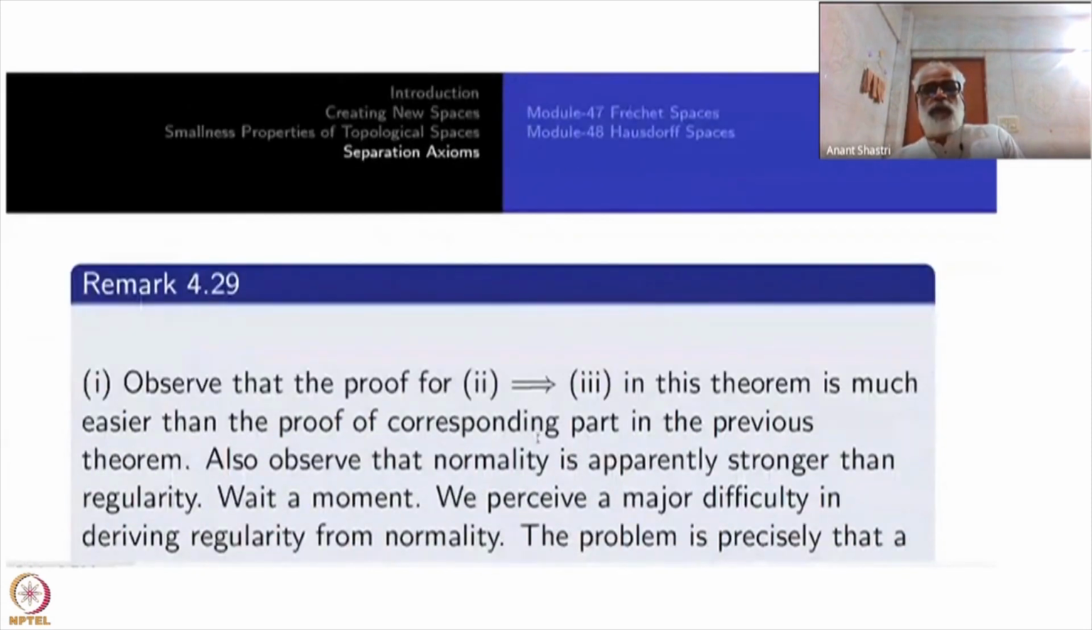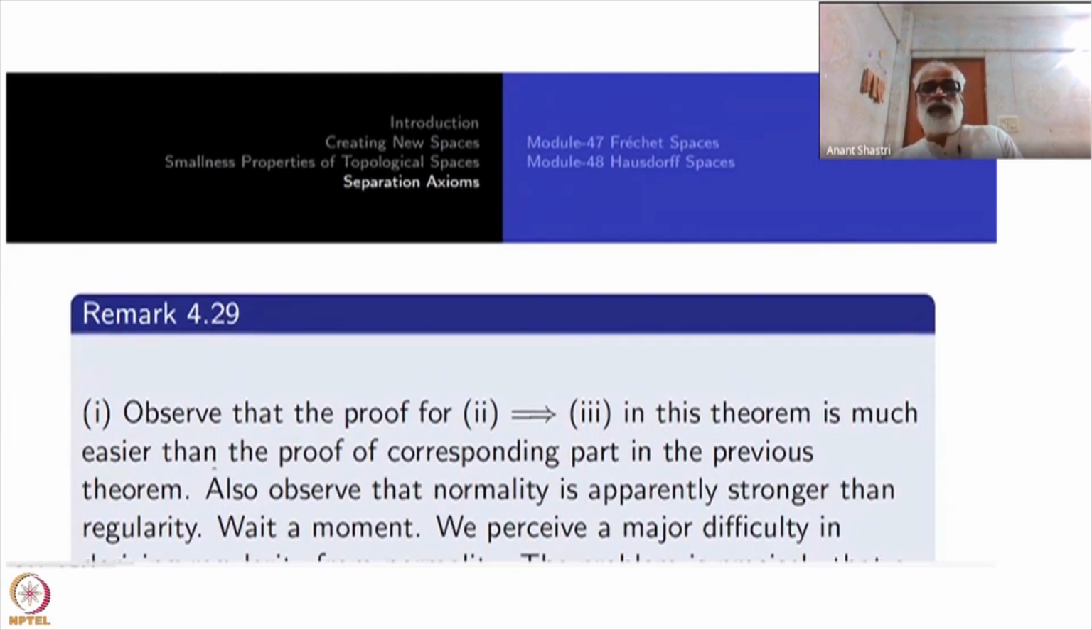Proof that 2 implies 3 in this theorem is much easier than the proof for the corresponding part of the previous theorem. Because there you have to do one point by point and so on, and then take the union. So for normality, it was actually easier. Also observe that